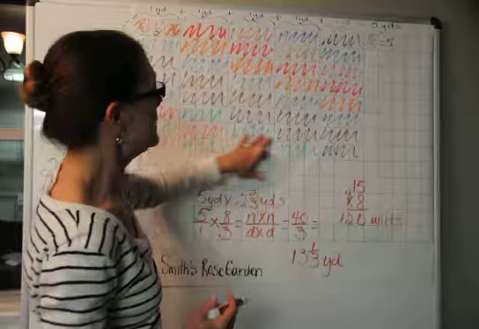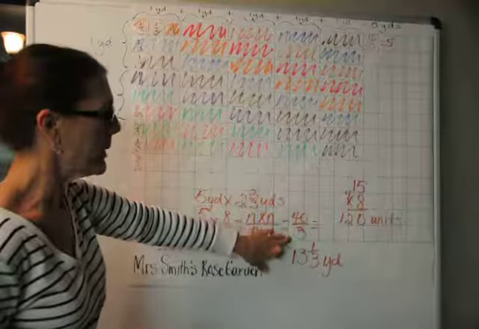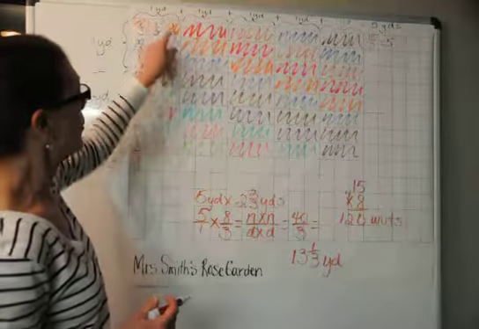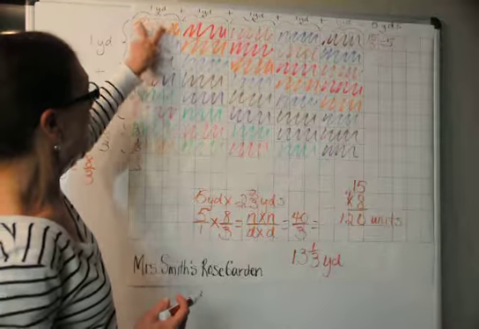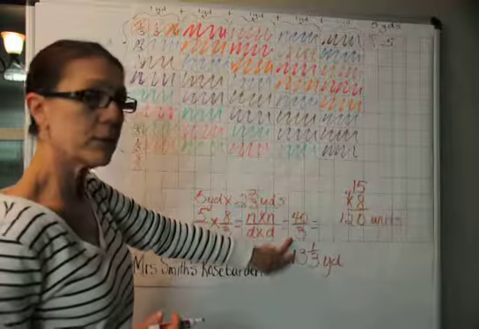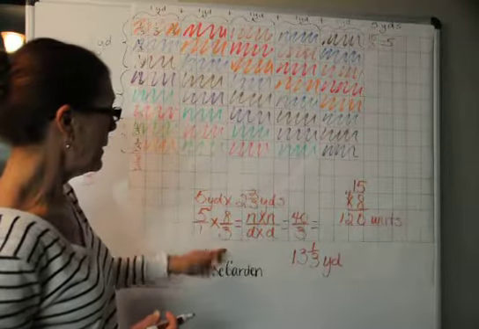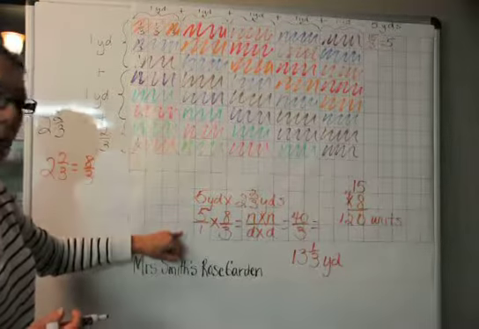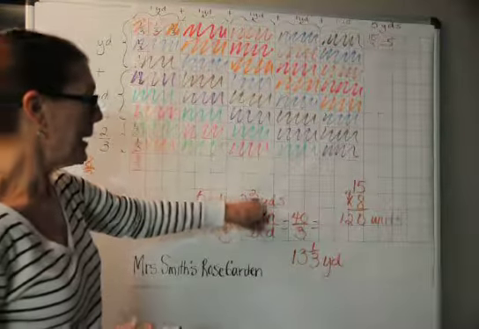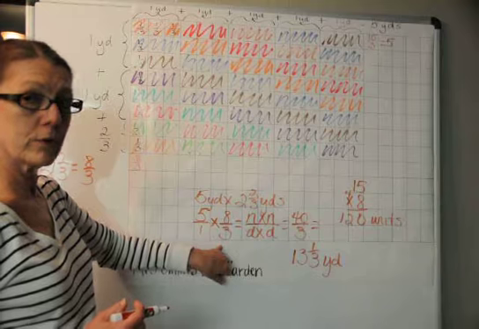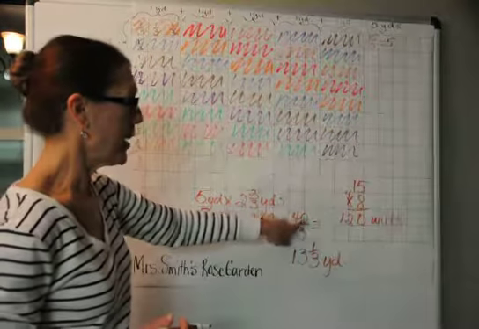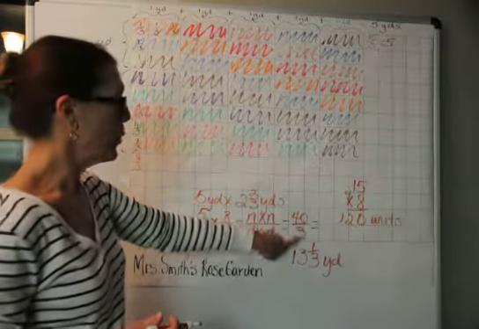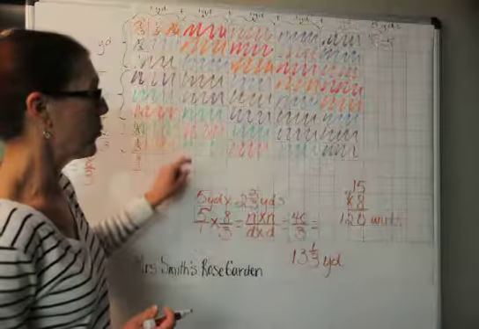And this is the 40 that is represented here. Our 40 groups of thirds. And that is the 5 yards multiplied by our 2 2/3 yards to get our 40 groups of 3,